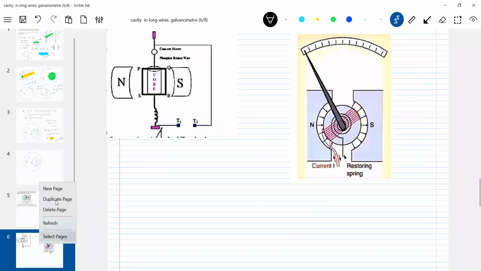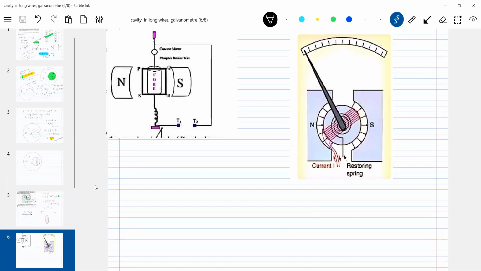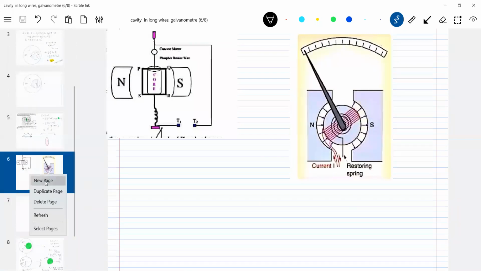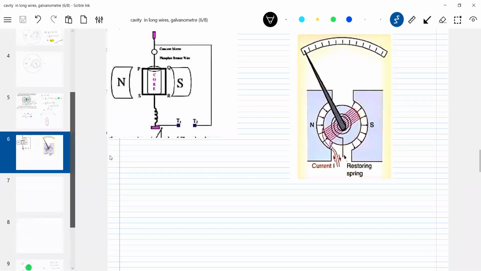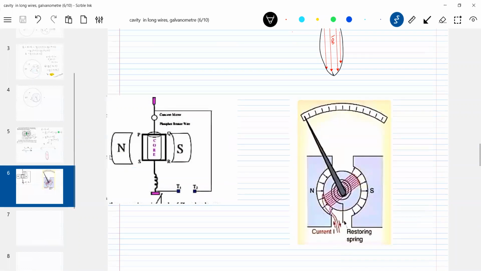This is only for means, but in today's advanced exam, they may ask. You have to be careful. Last year, in fact, they asked. I don't know about this year, it depends on the teacher. Last year in advanced we had questions even on the galvanometer. So I'm not sure whether the teacher will show interest or not, so better have an idea. Now, what is basically a galvanometer? Already we had some